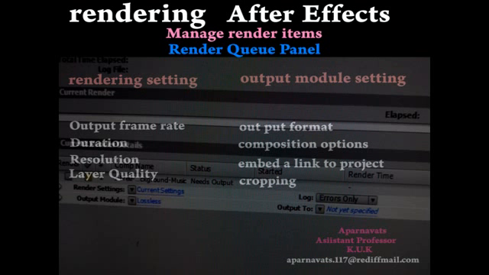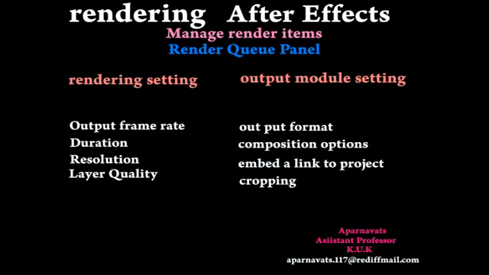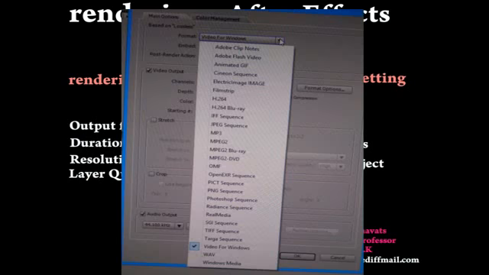Project settings. For more information about the project settings that determine how time is displayed in the project, how color data is treated in the project, and what sampling rate to use for audio. Composition settings. How you can specify composition settings such as resolution, frame size, and pixel aspect ratio for your final rendering output. After Effects provides various rendering options that help you accelerate the rendering process.